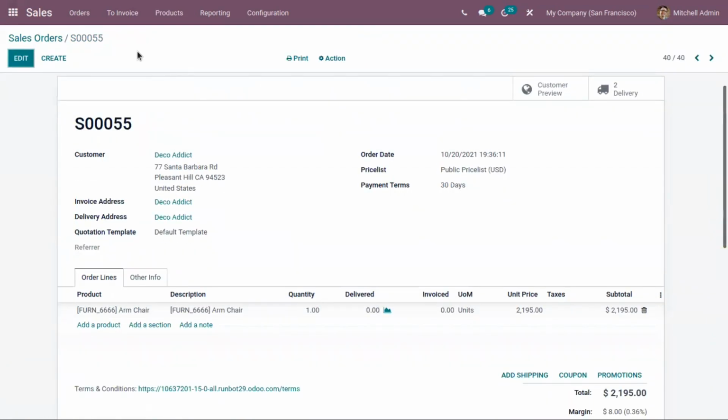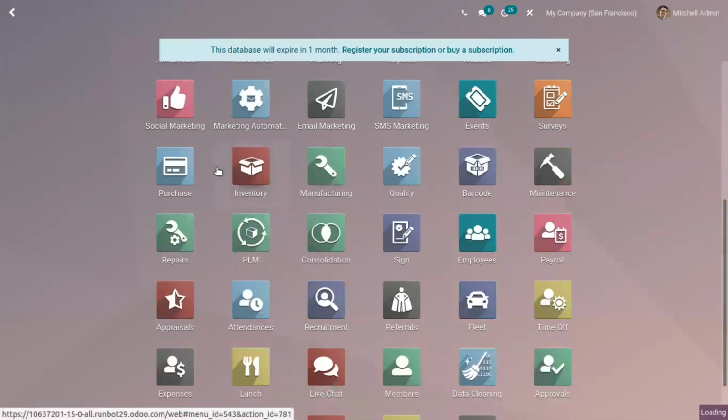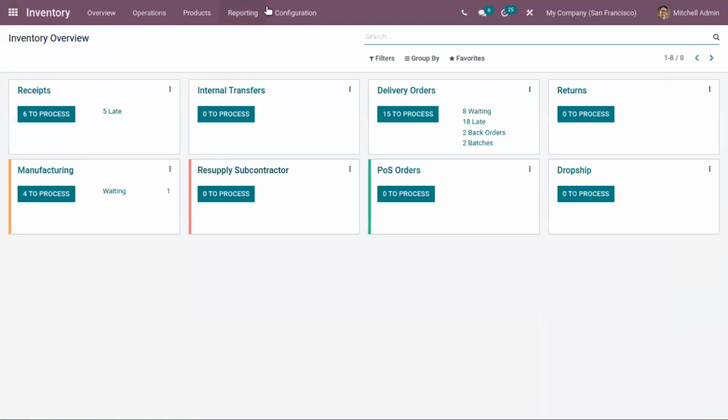Then in Odoo, we have another lead time, that is sales security lead time. The purpose of the security lead time in sales is to make the shipping ready some days before the actual commitment date. Security lead times can be set from the inventory module. Just open that, and when you go to configuration settings, you can set security lead time for sales.